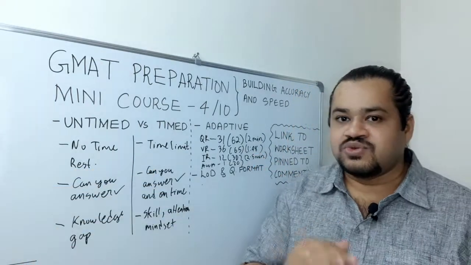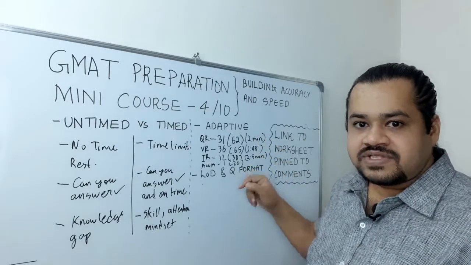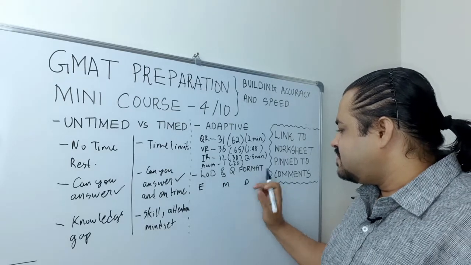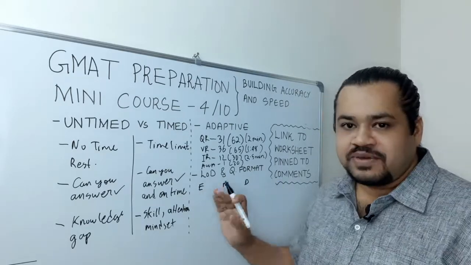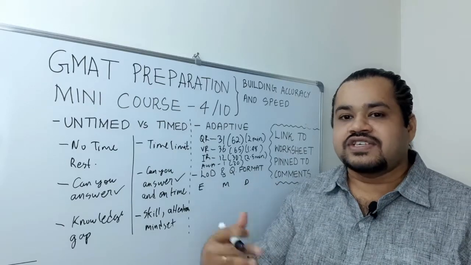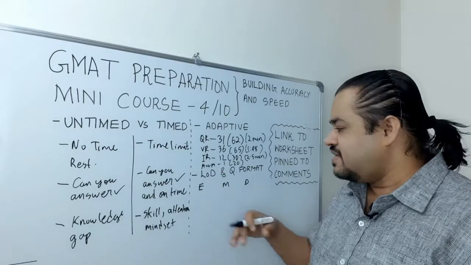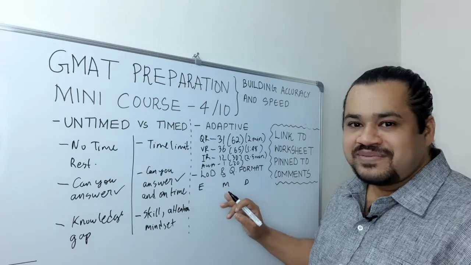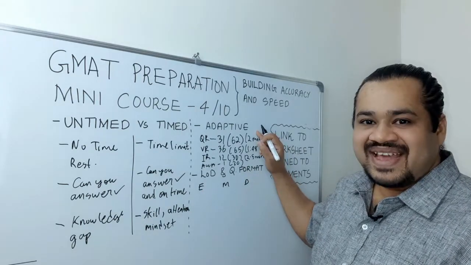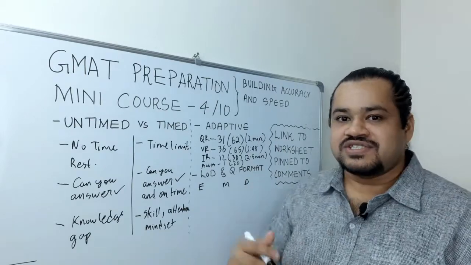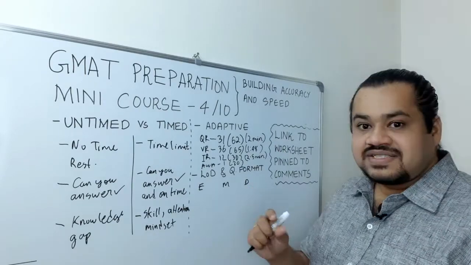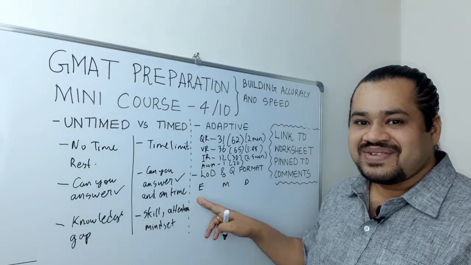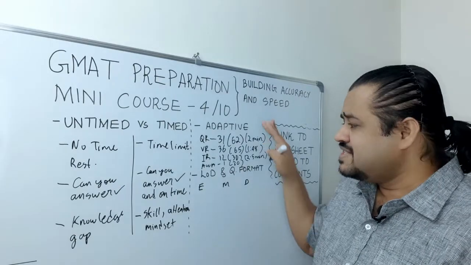What that means for you is you cannot go by these averages. In the starting phases, you will get more easy and medium questions than difficult ones. And as you go to the second half, you will start getting more medium and difficult level questions. Therefore, you should be able to do easy and medium questions sooner than the average speed. For the difficult questions, you will require a little more time, and that excess time you borrow from the time that you save on easy and medium questions. So that's how the timing strategy works.